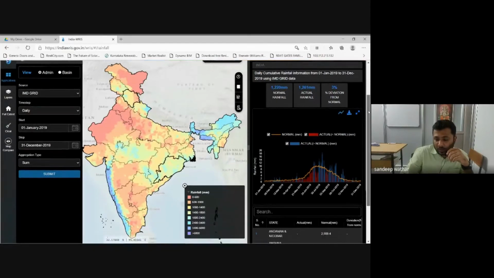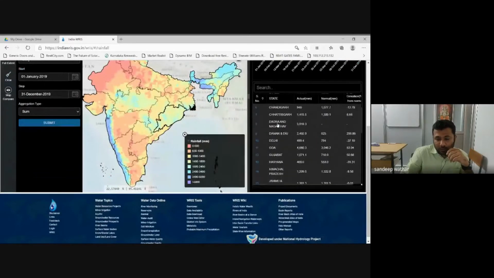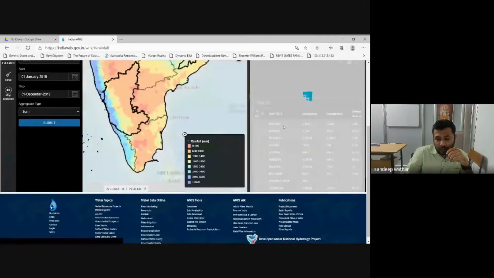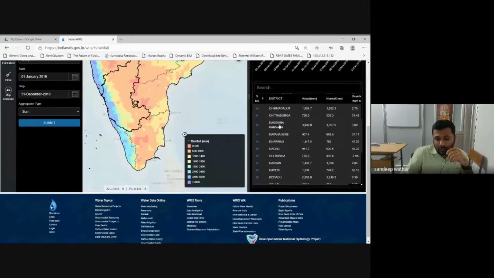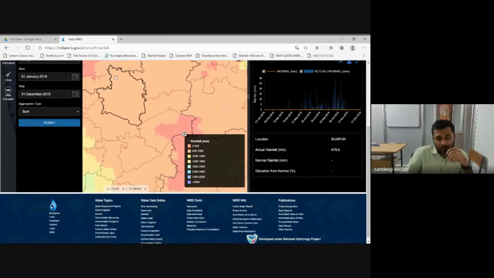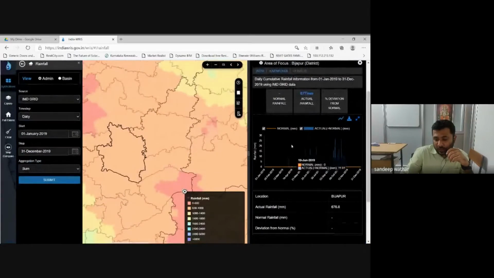Okay, now let us go to administrative boundary. Here in the states, I am selecting Karnataka. So in Karnataka, I'll be selecting Bijapur. And now our area is focused. Okay, now you can already see the data that is represented in this curve, in this bar chart. A similar kind of bar chart I will also be drawing.